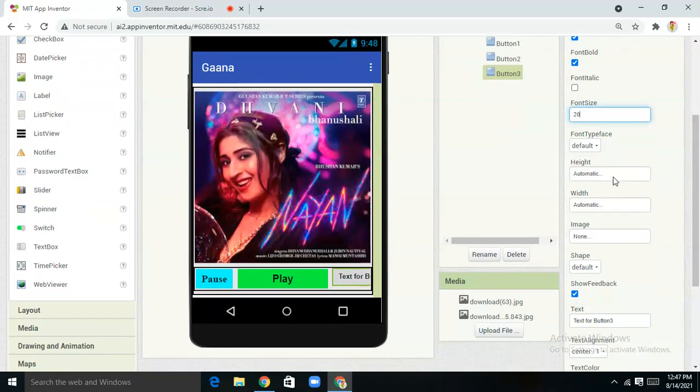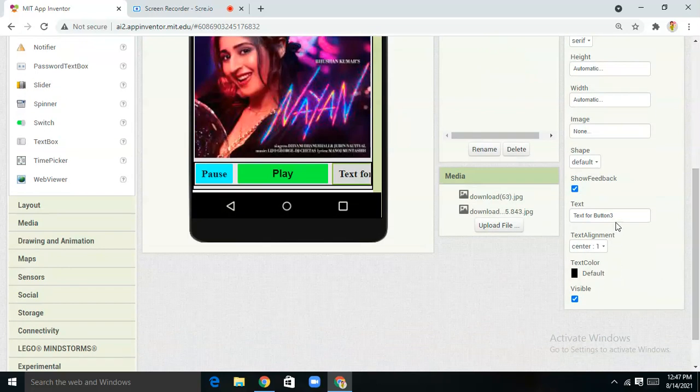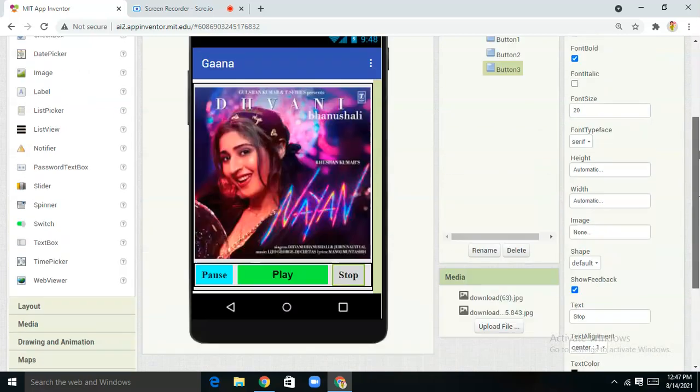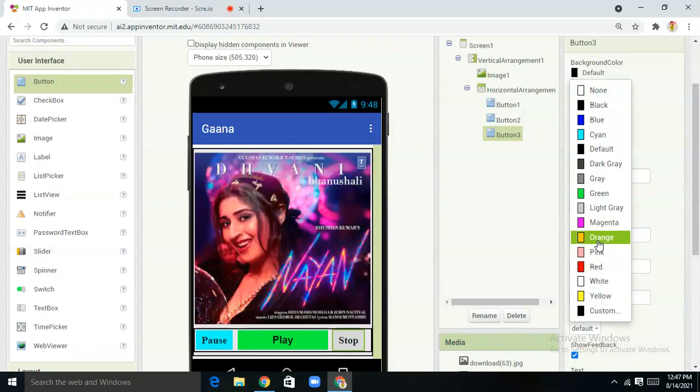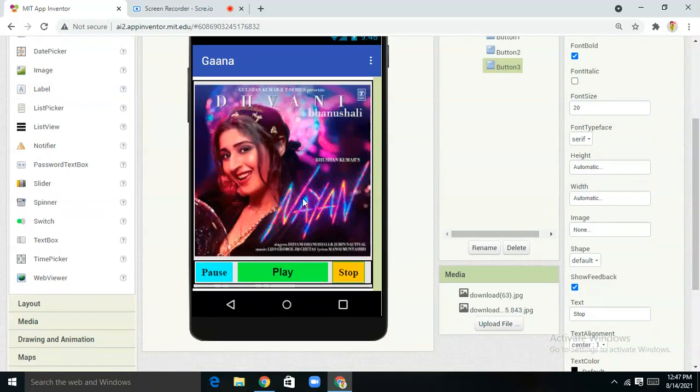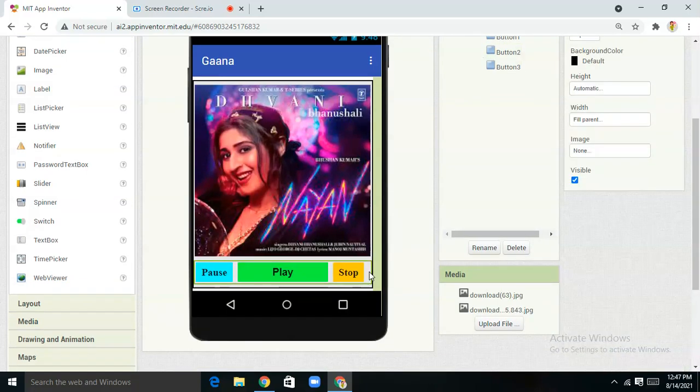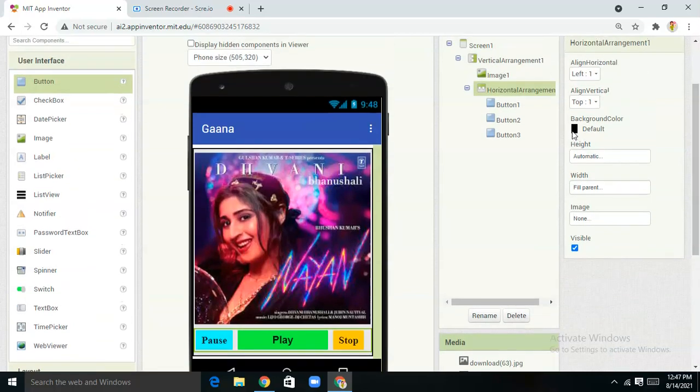Now for our button number 3 also we have to do the same thing. So text here I'm making stop, and background color I'm making this orange. It's your choice whatever color you want.